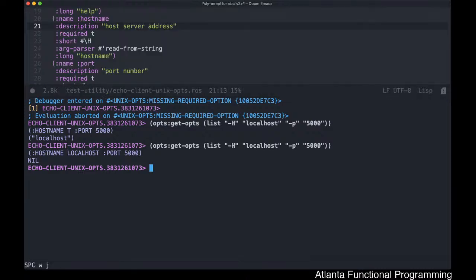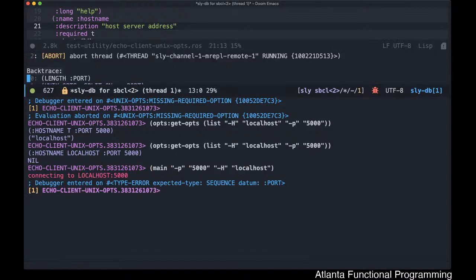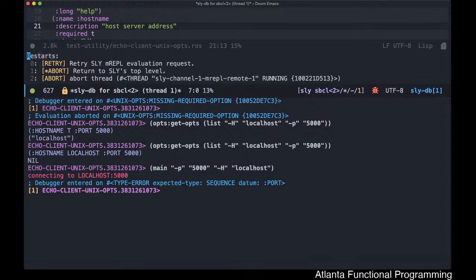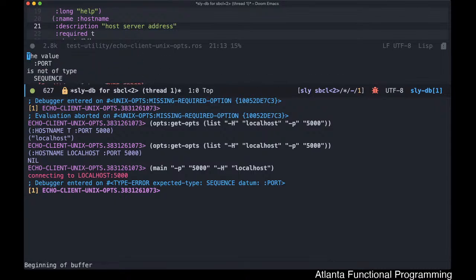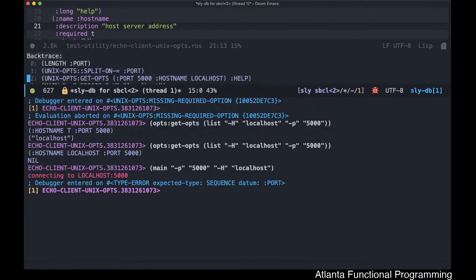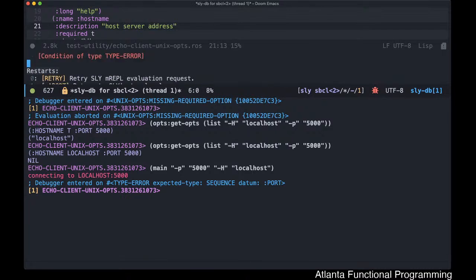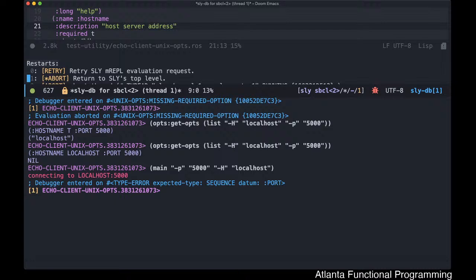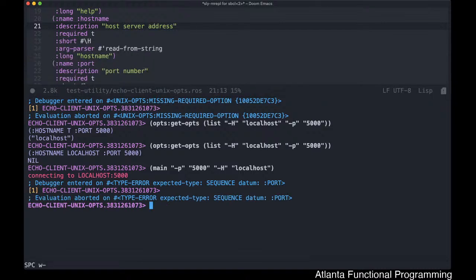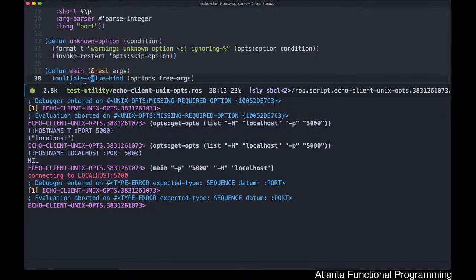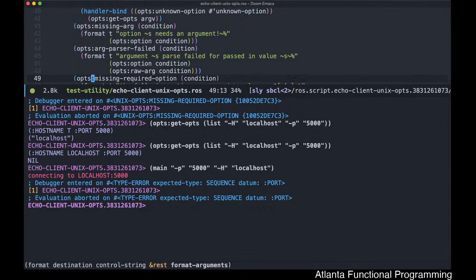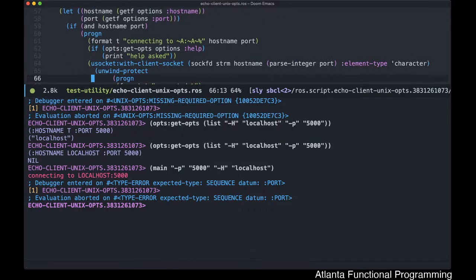So we now compile this. Now go ahead and run main here. As we saw here, everything is connected. We're getting what we're expecting, but we're getting now port is not of type sequence. Where is that coming from? Oh,